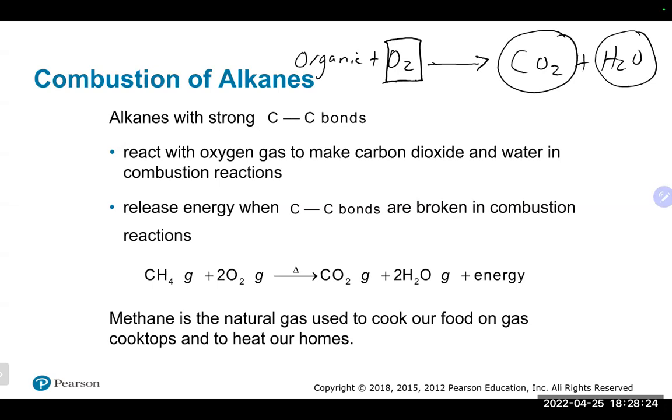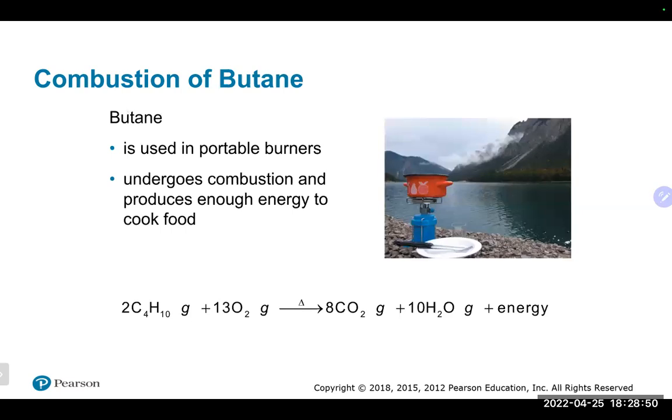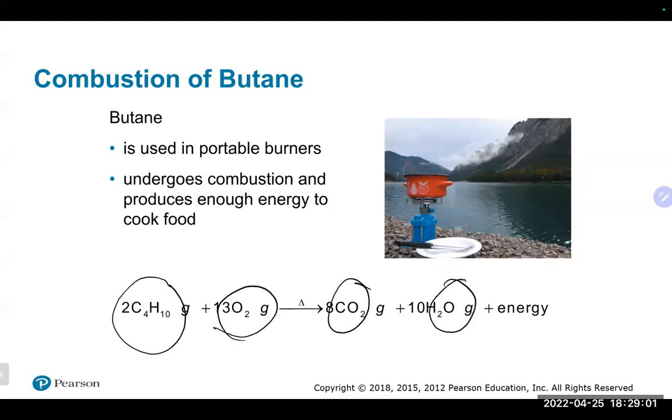I think we had some practice balancing some of these when we were talking about equations. These are the ones where sometimes you need to use a fraction to balance, as we talked about. So it usually gives off heat and energy. They're usually exothermic, releasing energy in a combustion reaction. This is basically what happens when you light your Bunsen burner, right? You get a flame and all that good stuff. Just like if you use propane or butane to cook, you get a flame when you do that and you heat it up. Basically the same reaction. This is butane, and we have O2, CO2, and water here. So again, very much a combustion reaction that they undergo.